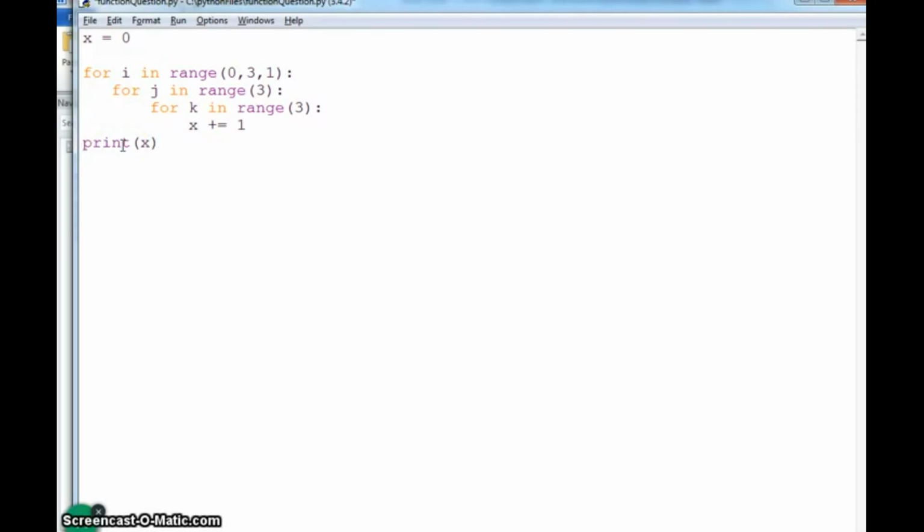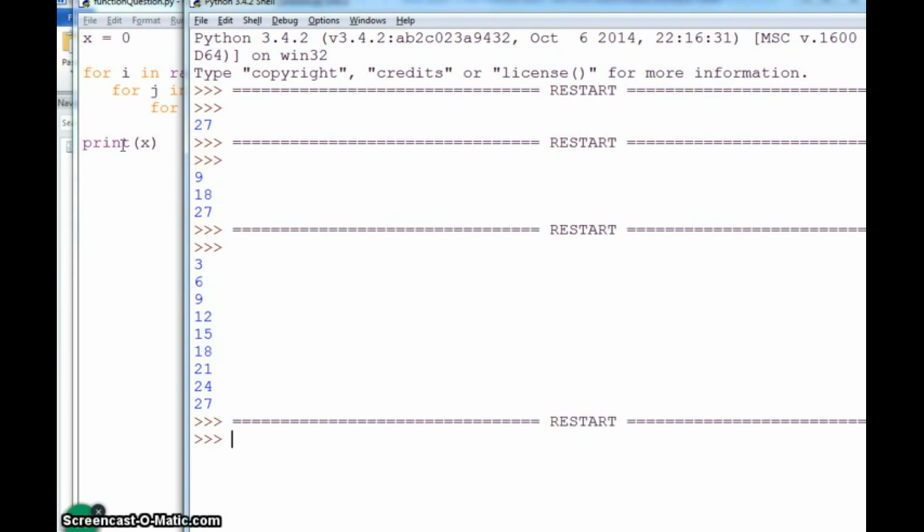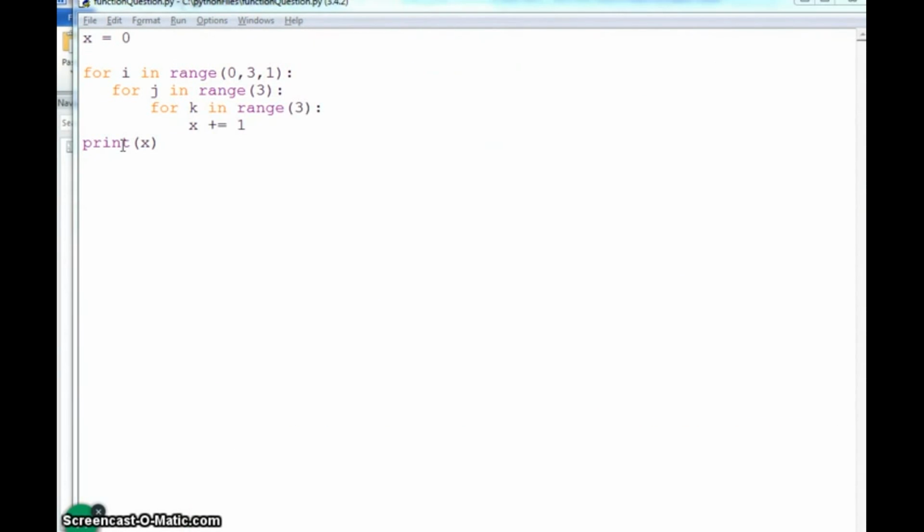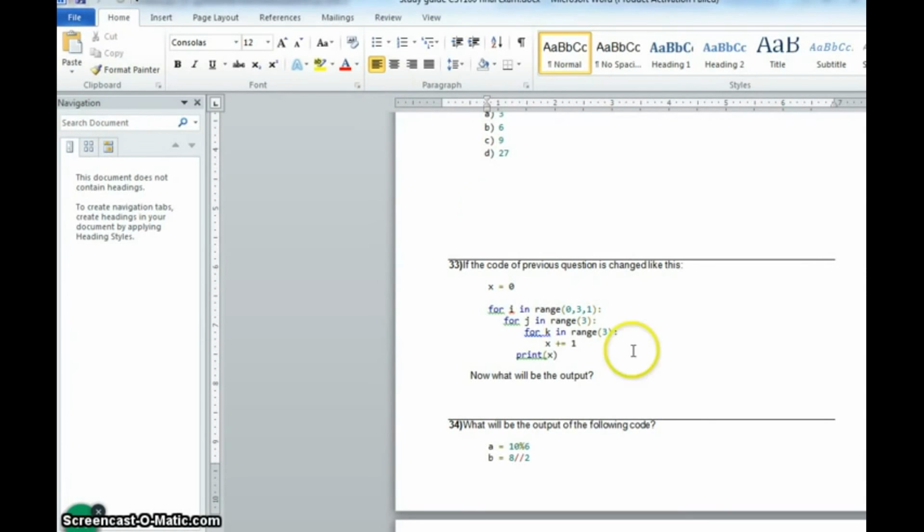So that was everything you needed to know about question 33. So I kept the indentation here, and it will give me some output. But if the indentation is in the middle of these for loops and not aligned with this for and this for, it will give you errors. So here's everything you need to know about question